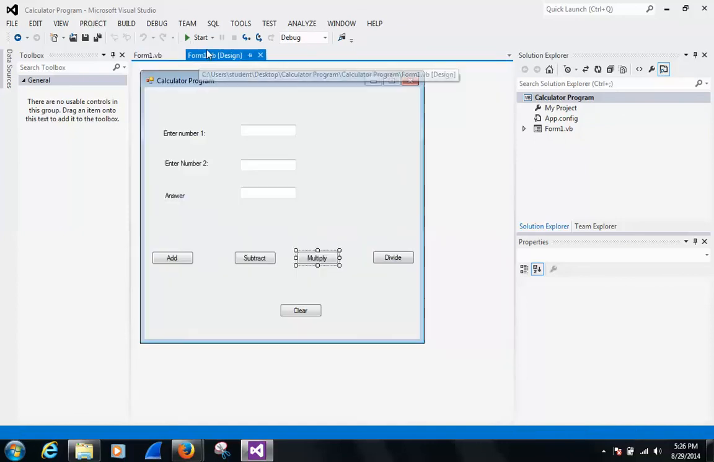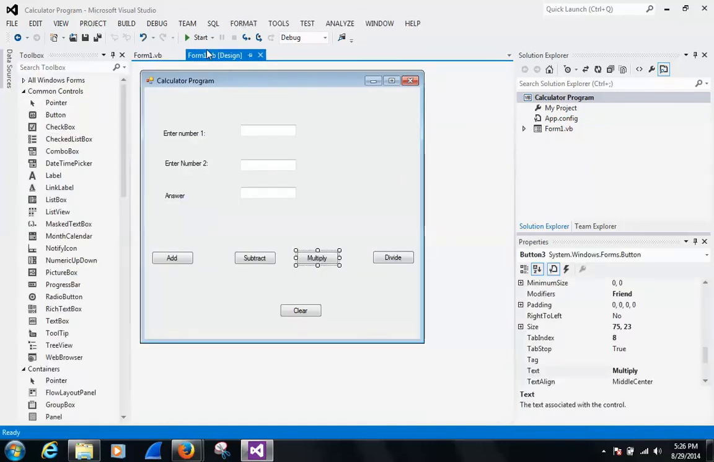Let's go back to the form. So when you've completed this, there's one more thing I wanted to show you, which is a clear button. That was our button number 5. So we want to clear